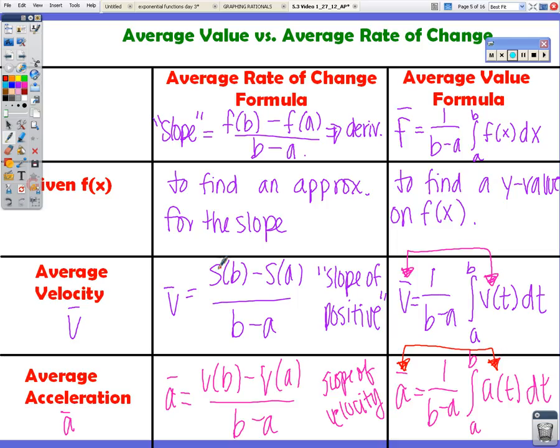If I'm given position, but I want to find velocity, that's one derivative, which is why here we use a rate of change formula. If I'm given velocity, but I'm asked to find the average acceleration, same thing, I'm just going to do a rate of change formula, slope, to find it. So in summary,